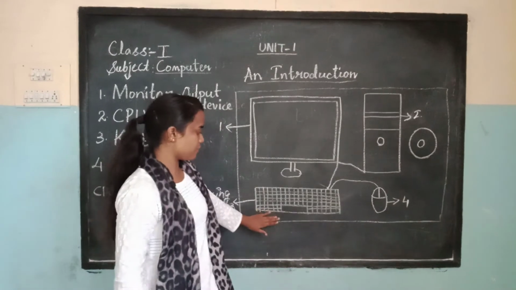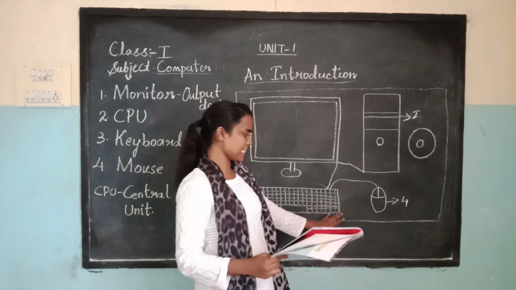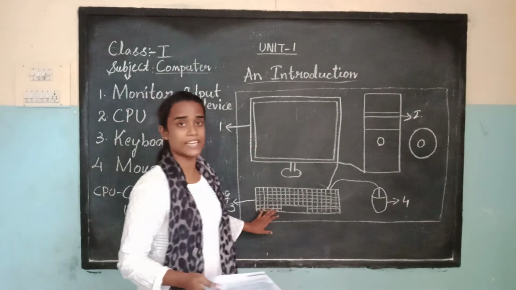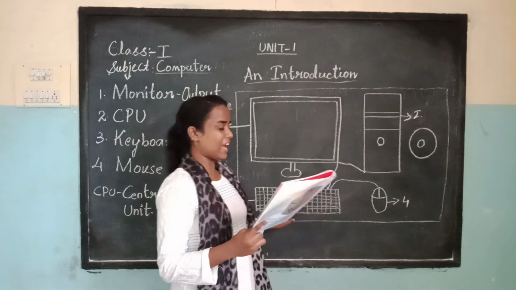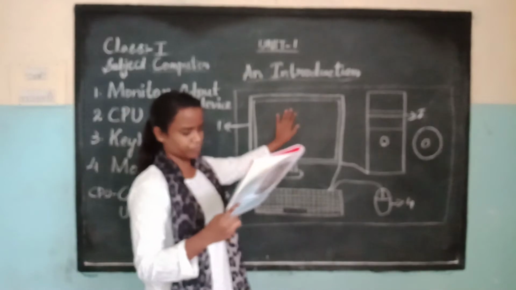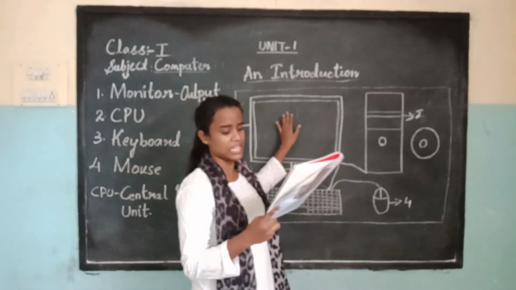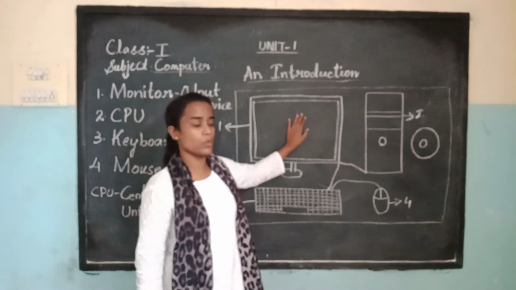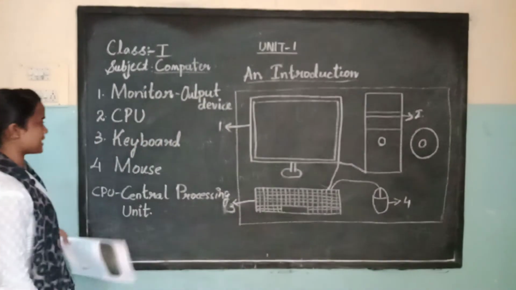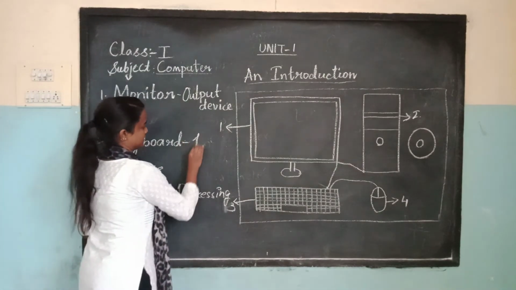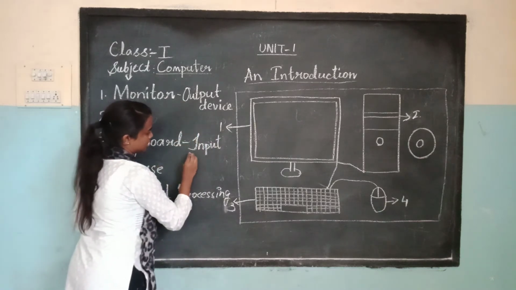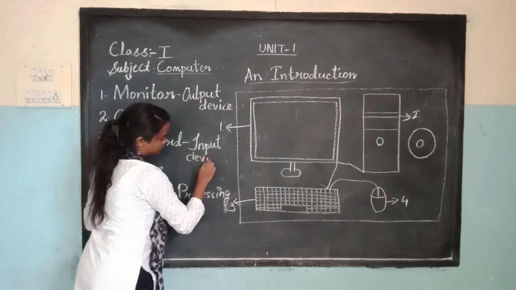So you have been seeing this keyboard. In that, you will observe each letter, number and different signs. While typing each button, the impression appears on the monitor. It is connected to the monitor. So keyboard is an input device. Monitor is an output device, keyboard is an input device.